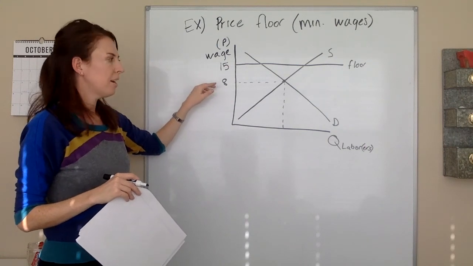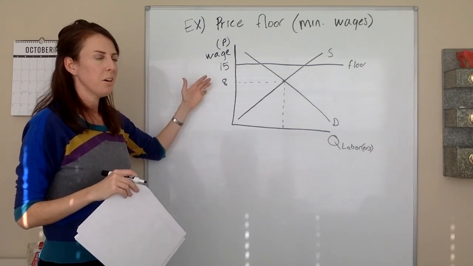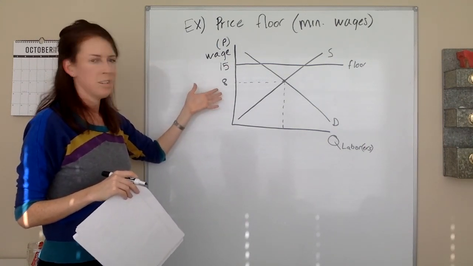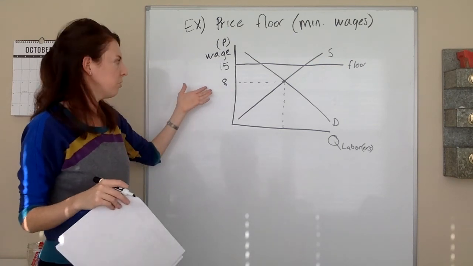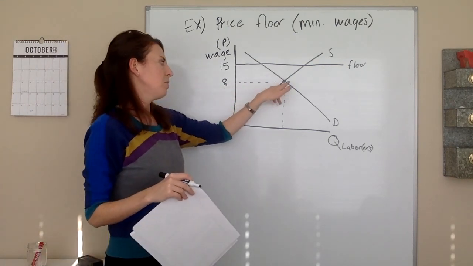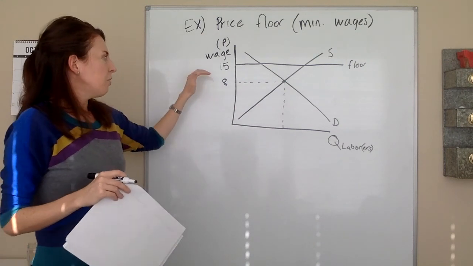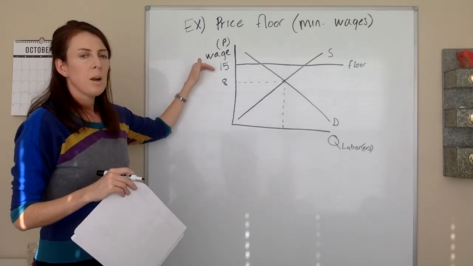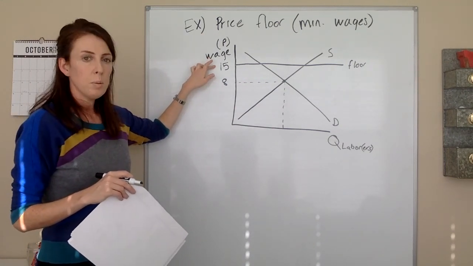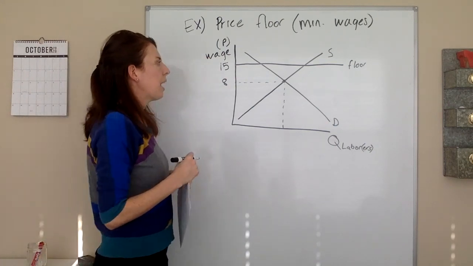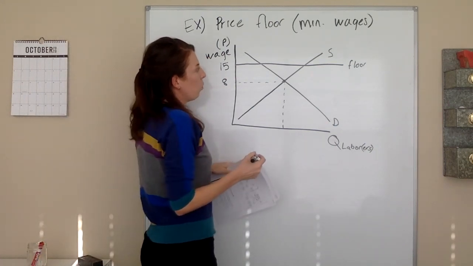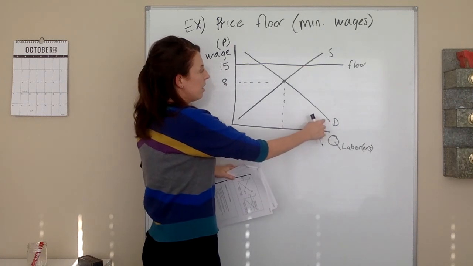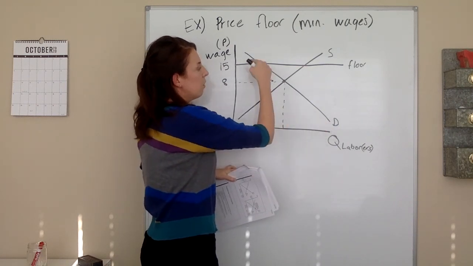If you're working at a movie theater, the equilibrium wage rate is pretty low. They're not willing to pay people that much, and high school students are happy to work for not that much. So the equilibrium is usually kind of low. If the government said we're going to have a price floor in the labor market of something higher than the equilibrium, so maybe $15, well, what would happen is, first of all, the demanders of the workers,